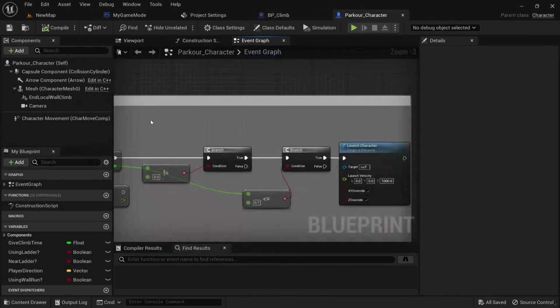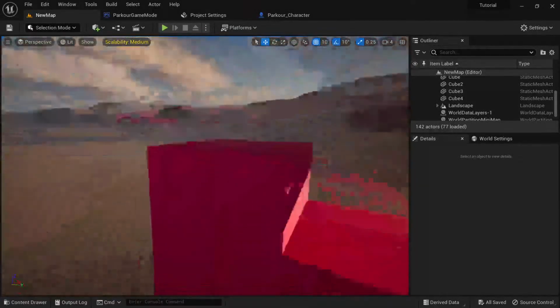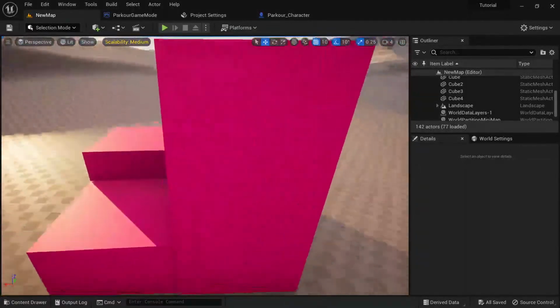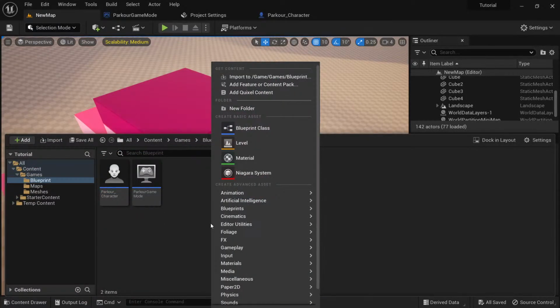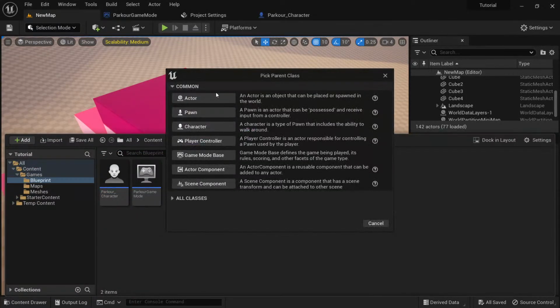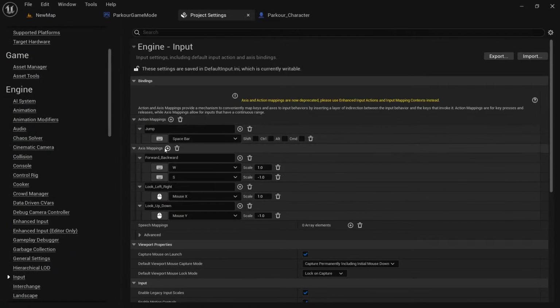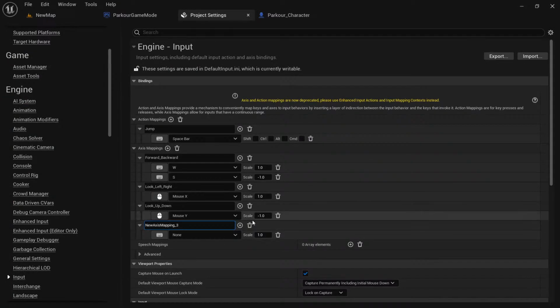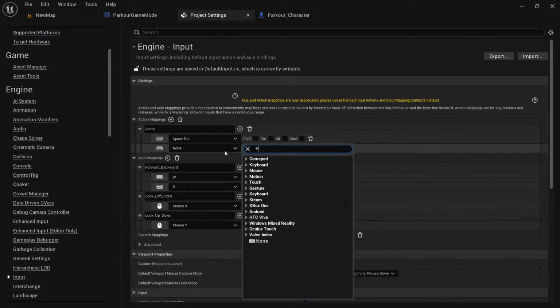And along with this, I'll also be doing a small ladder climbing mechanic, ladder pipe. You can do anything you want with it. But yeah, I'm going to be creating a blueprint. I'm going to make an actor blueprint. In fact, I'm going to be calling it my climb blueprint. And in my project settings, I'm going to be making another action mapping. This is an axis mapping, so I'm going to be making an action mapping, and I'm going to be using F